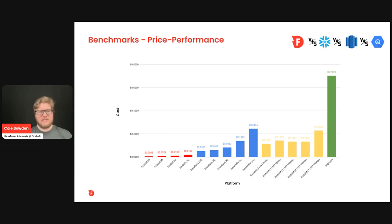Next, I'd like to talk about price performance, because Firebolt's engines in these benchmarks were actually less expensive than our competitors. We were running on our compute-optimized compute family, which means that a Firebolt small engine actually cost half the price of a Snowflake extra small engine, and that means that that performance advantage from the previous slide turns into an even larger price performance advantage on this slide. Firebolt was able to run this workload both faster and at a lower hourly rate than our competitors, and that leads to a price performance advantage over Snowflake of somewhere around 8 times better, against Redshift of somewhere around 10 times better,